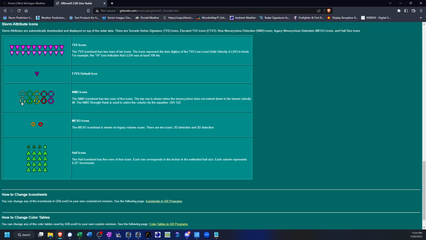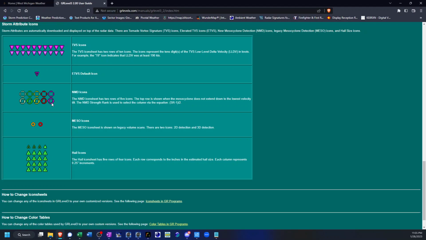Generally, the NMD detection is more robust than that, but nevertheless, I have seen it generate false positives on radar in the middle of SKYWARN activation. So don't rely on that exclusively for letting you know the presence of a mesocyclone, but it is nevertheless a very handy feature that we should know how to avail ourselves of. So again, just as with the top row, we've got the corresponding colors. We've got this light green, lime green, yellow, red, and pink that indicate the relative strength of a mesocyclone as detected through the tilts of the